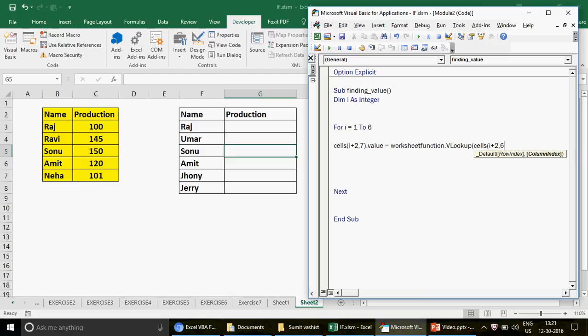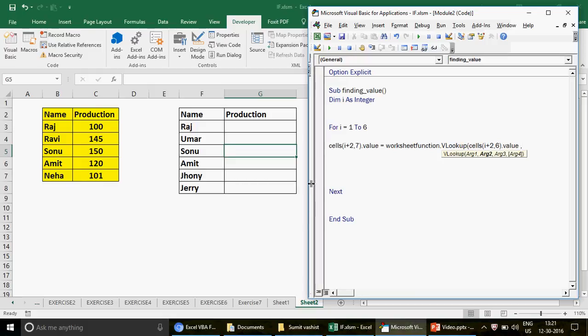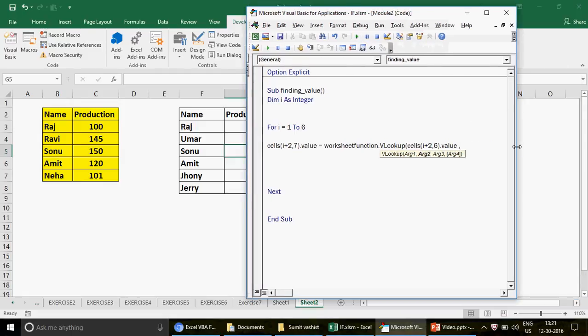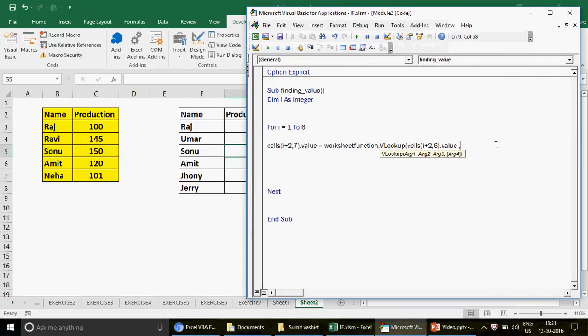So you're going to write here 6 dot value. Now this we need to look up. Now this you need to look up where exactly, right? That's the important part. So let me increase the width of this window, and we're going to look up this in the same sheet, and my sheet name is Sheet